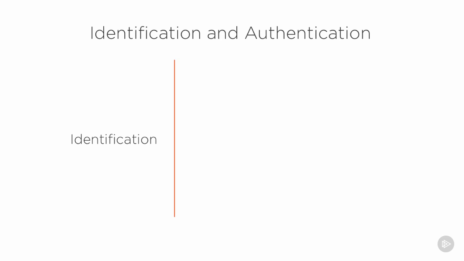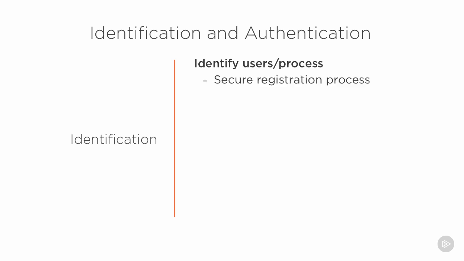Access control starts with identification. Identification, quite simply, identifies the user or the process trying to get onto our systems. Now, good practices for identification start with the fact that we should only grant an ID to the person who does require that. This means we have a secure and trusted registration process that may require approvals before a person